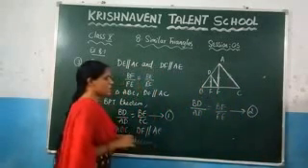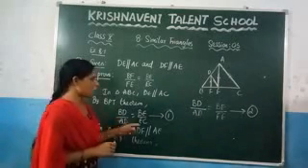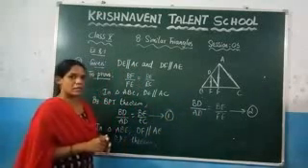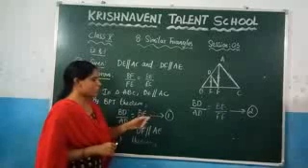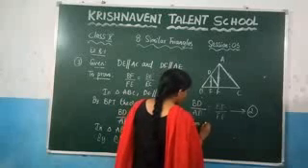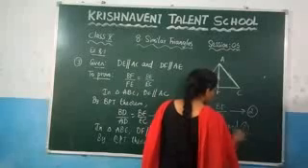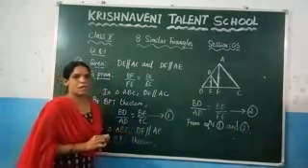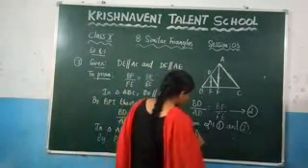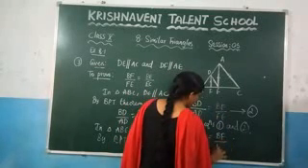Now you can compare the equations 1 and 2. If you compare the equations 1 and 2, you can observe that the LHS part is the same, right? Here BD by AD is there, here also BD by AD is there. Since the LHS parts are equal, we can equate the RHS parts. So write it here, from equations 1 and 2, what you can conclude here, since the LHS parts are equal, you can equate the RHS parts. So what is the RHS here? BE by EC. BE by EC is equal to BF by FE.